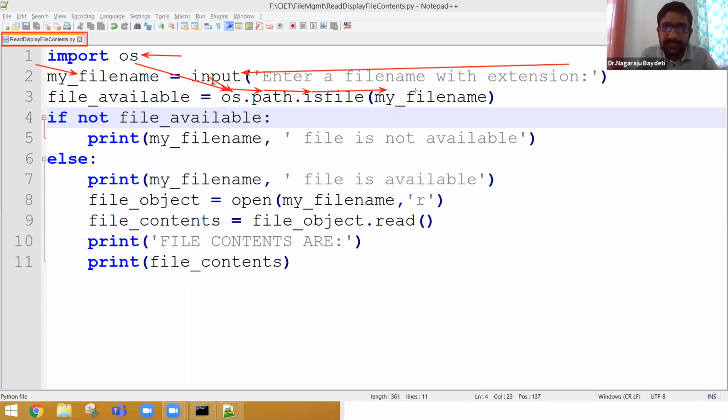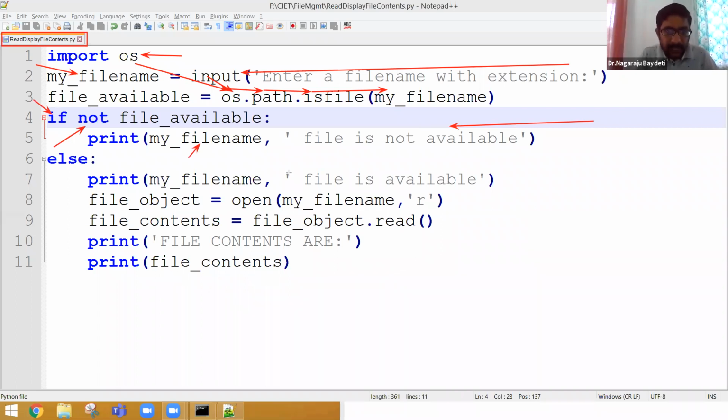My file name is a string which stores the file name. So I am searching the file. If is a keyword, not is also a keyword. If not file available, it's like English only, no? If file not available, display a message: my file name, the file name which the user entered, is not available.